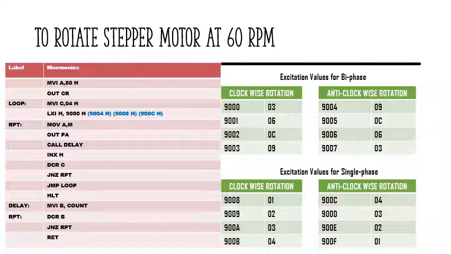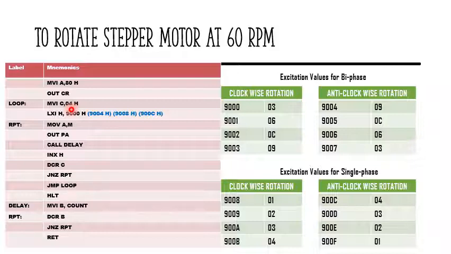The program given in the table shows the continuous rotation of the stepper motor. The count in the delay routine must be calculated to produce the required time delay. The program first initializes the control word for IC 8255. Then a counter with an initial value of 4 is set up to indicate that the switching sequence needs 4 steps, which are to be repeated continuously.